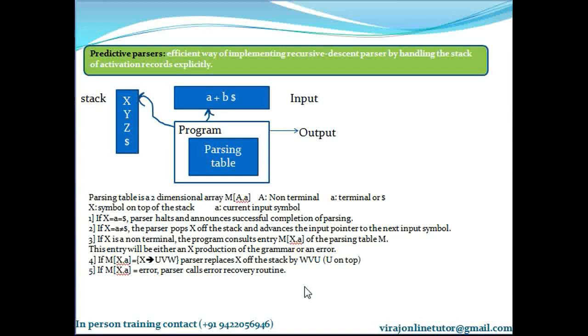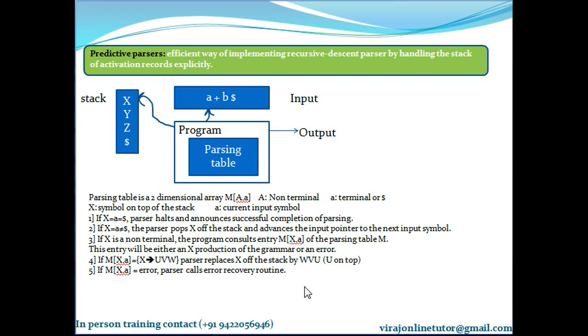So now we move on to the new type of parsers called predictive parsers. Predictive parsers are an efficient way of implementing your recursive descent parser. So we know now what a recursive descent parser is. What are its preconditions? We have to eliminate left recursion and we have to perform left factoring. After we eliminate left recursion and perform left factoring, we are ready to write recursive procedures for the latest grammar. So how to implement these recursive descent parsers internally?